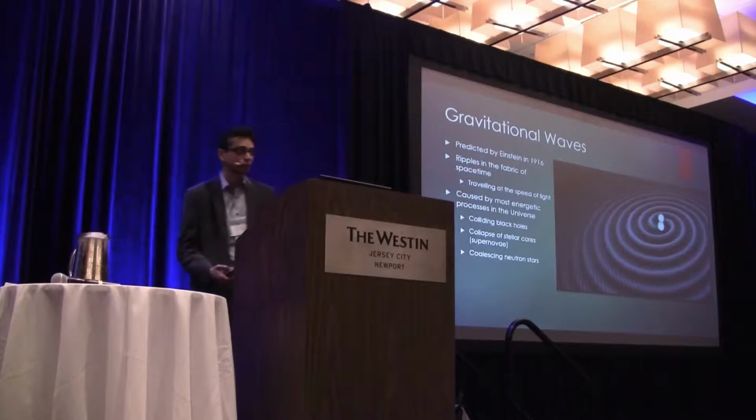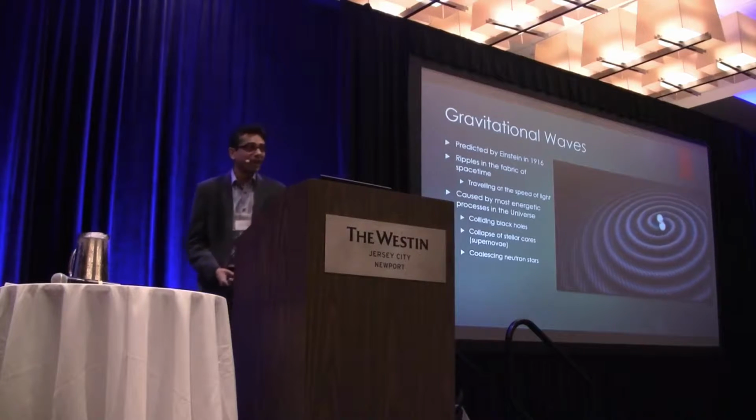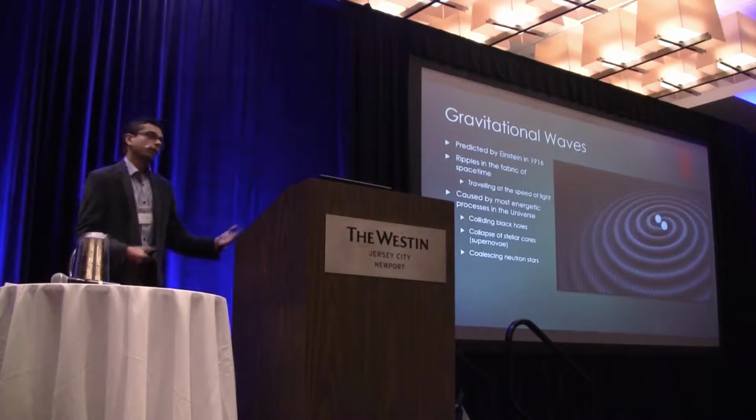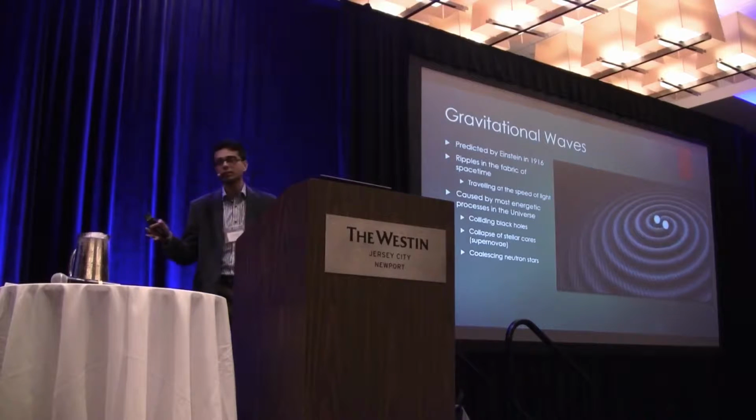You can have black holes which are of stellar masses, and you can have black holes which are absolutely gigantic, billions of solar masses. And then you have things like neutron stars, which carry the mass of like 2 or 3 suns, but they have a size which is like 10 or 20 kilometers, so extremely dense objects.